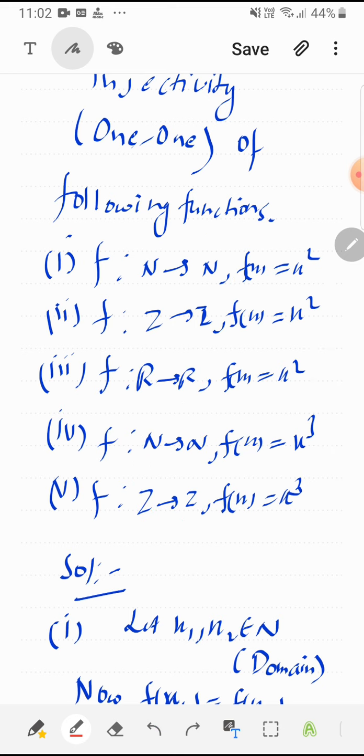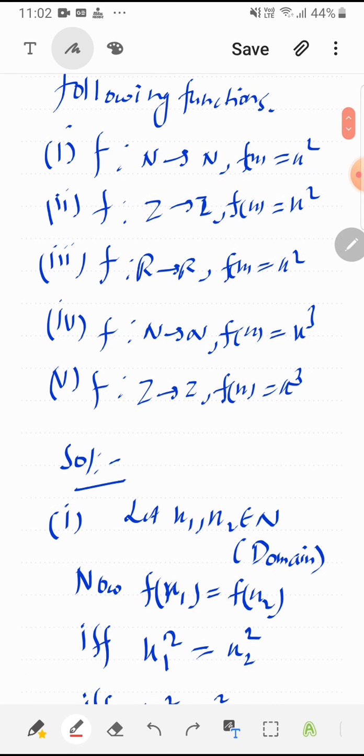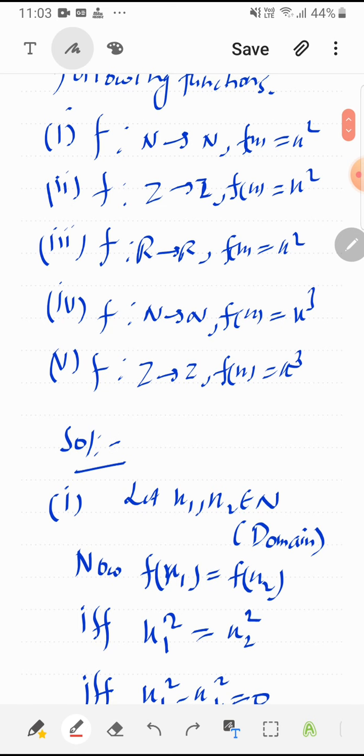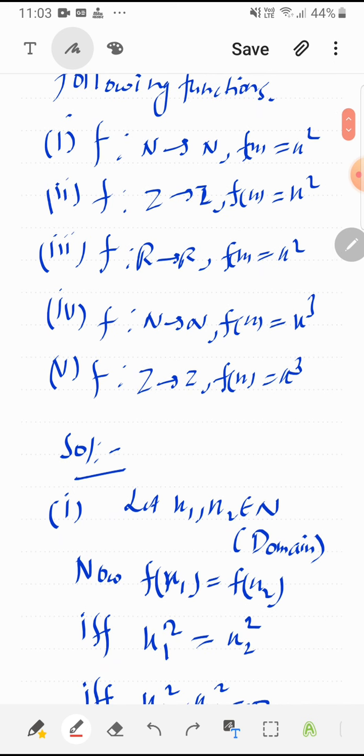So this question basically breaks our mindset that we can't say every time that this function is one-one or this function is not one-one. Sometimes it depends upon the domain and codomain. So let us check one by one. So first function, initially we think that if we can get any counter example to prove that it is not a one-one function, then it's okay. Otherwise we will move towards the theoretical method to prove or discard one-one. So in the first question I am unable to find an example, so I am moving through